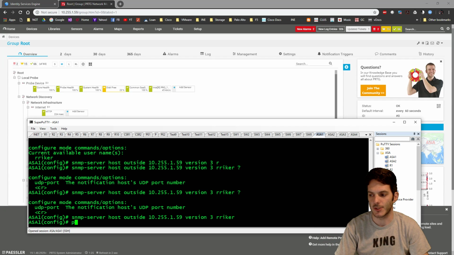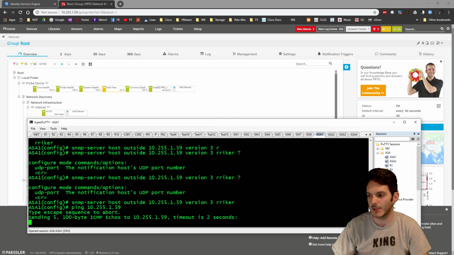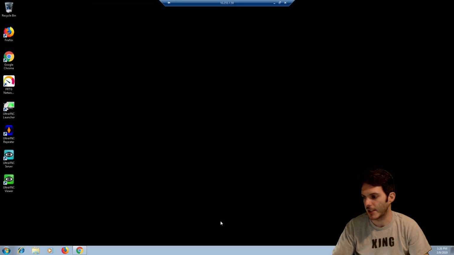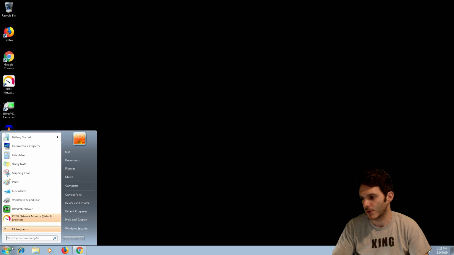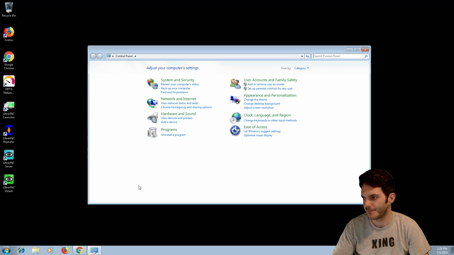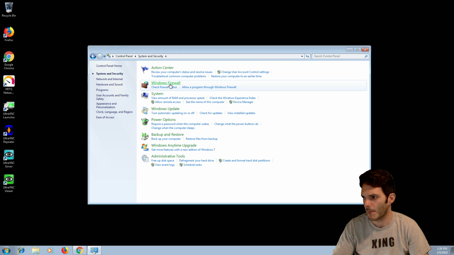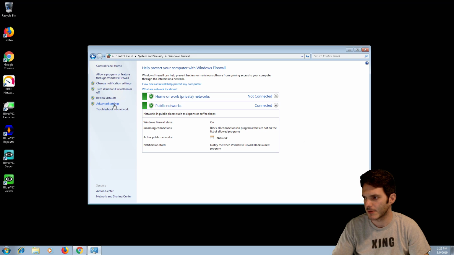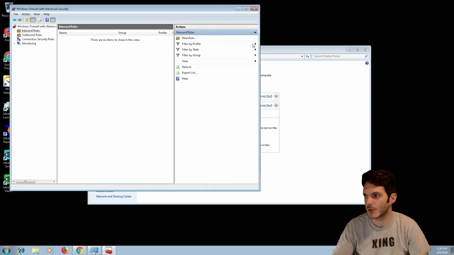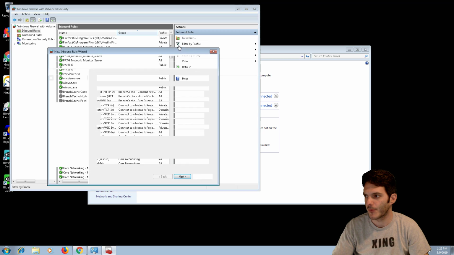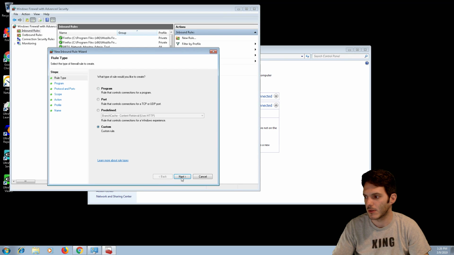So we're going to say ping 10.255.1.59, and it's not going to work, and I can tell you why it's not going to work. Because we have to create an entry here. So we're going to go to Control Panel, Network and Security, Windows Firewall, and I'm going to say Advanced Settings. Give that a second to load. There it goes. Inbound rules, new rule, and we'll say custom rule, next,